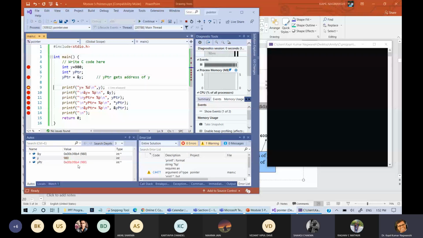Yes, you can see that Y pointer is having the same address, and the value of the address of Y and Y pointer is the same thing. But let us continue.